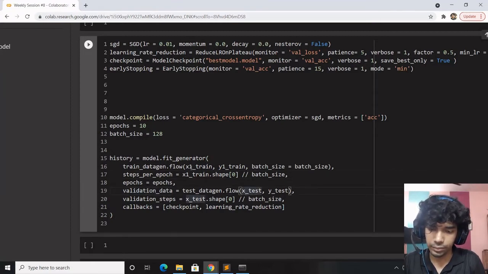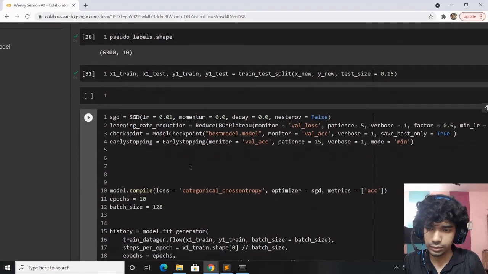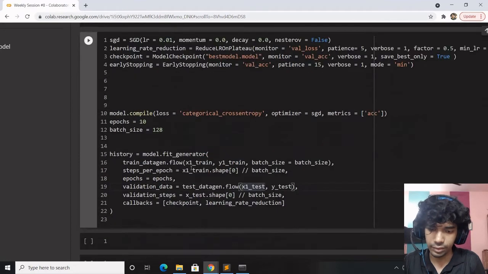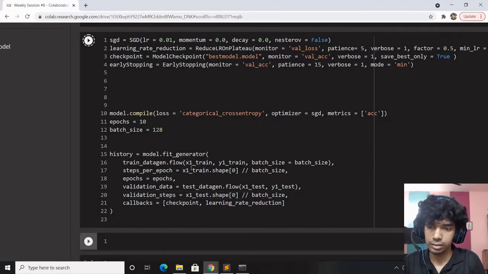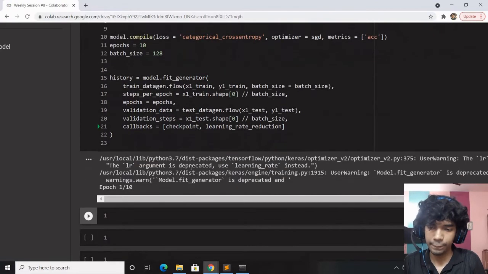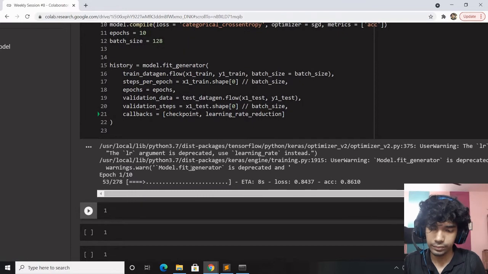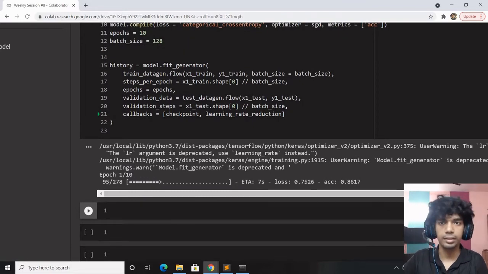Then x1 test, and then y1 test. Perfect. And you can see training happening again.